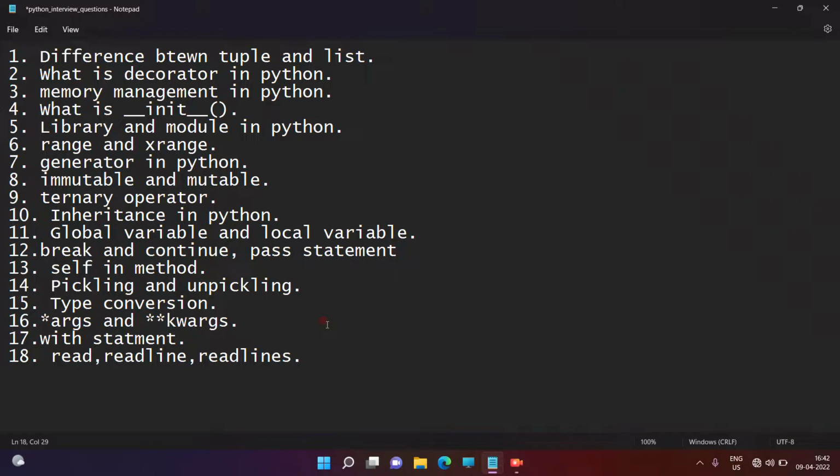So what is the read method? What is the use of this particular read method? The read method returns all the records and all the lines of a particular file. Suppose there is one txt file and it has 10 lines, and we have written some words and some paragraphs across those 10 lines.